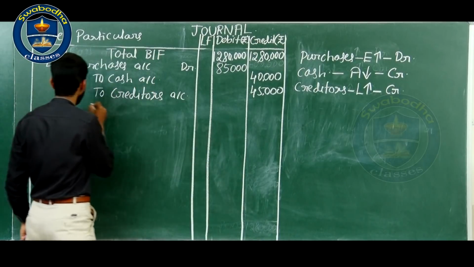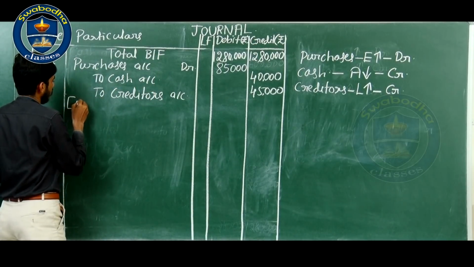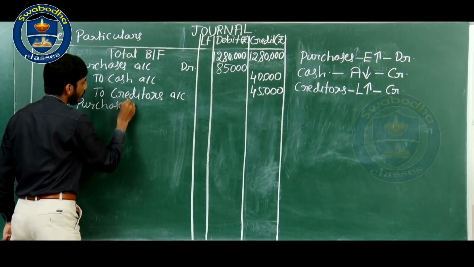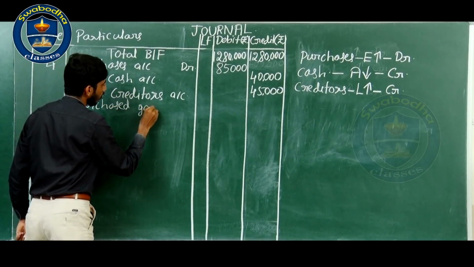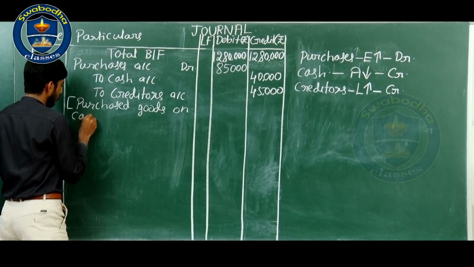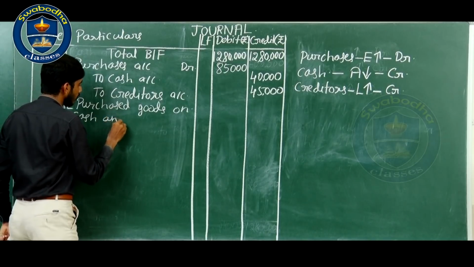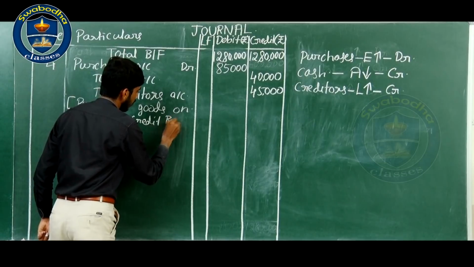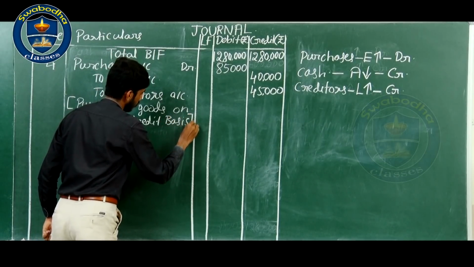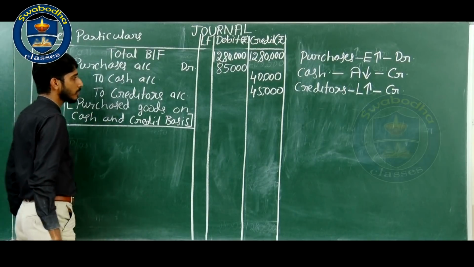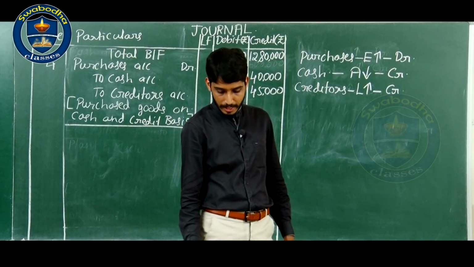Next, write the narration. Purchased goods on cash and credit basis. Draw a line after narration. Fifth transaction,